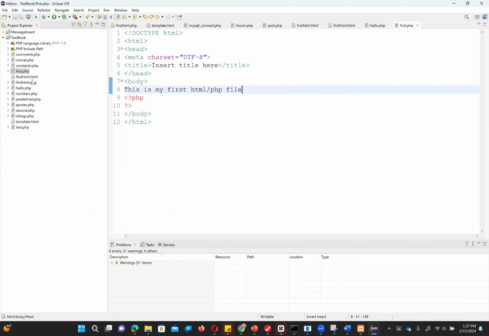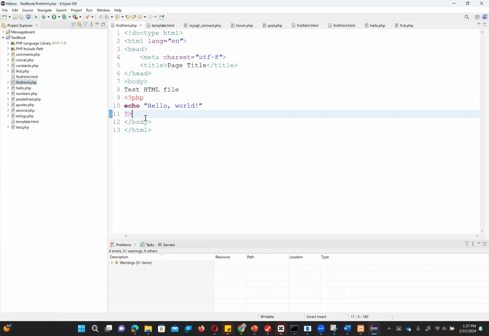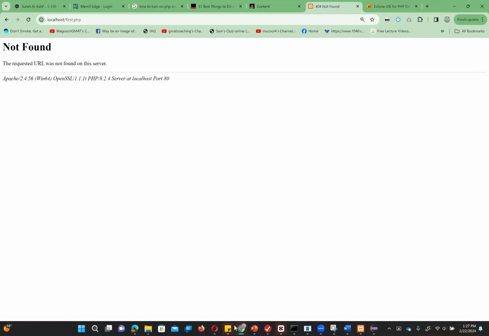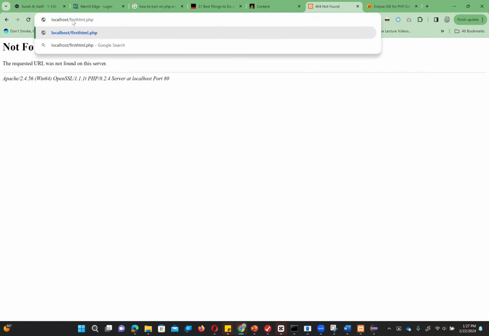So let me show you an example. Here is one example with PHP file, and you see here that this echo function is being called inside the PHP block. So this is a built-in function. So this block is going to recognize what this function is doing and is typing this whole thing inside the double quotes. So if this file name is first html.php, so if I do first html.php inside the textbook folder,